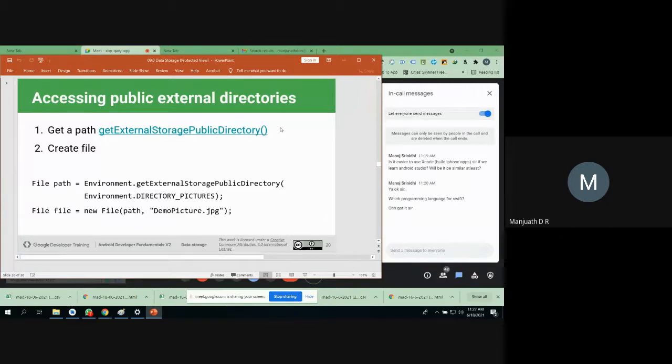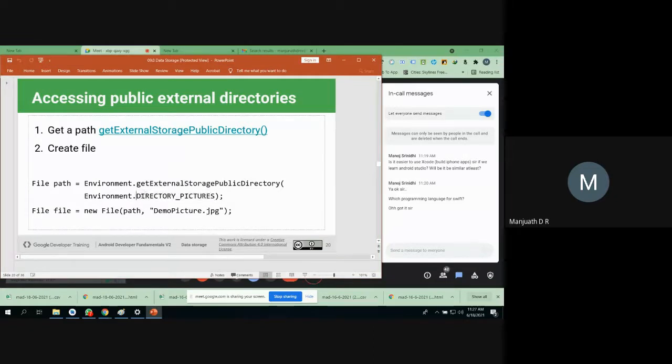If you know exactly which things you are going to do, as I already told, there are some constants already given for the external storage, like all pictures in a separate directory, all downloaded things in a separate directory, or documents in a separate directory. Just specify this constant into this method. The only parameter you are going to pass to the method getExternalStoragePublicDirectory is the location.